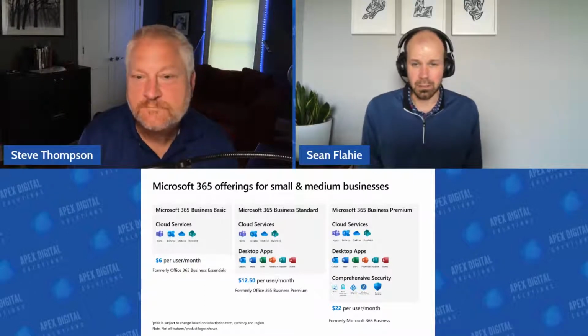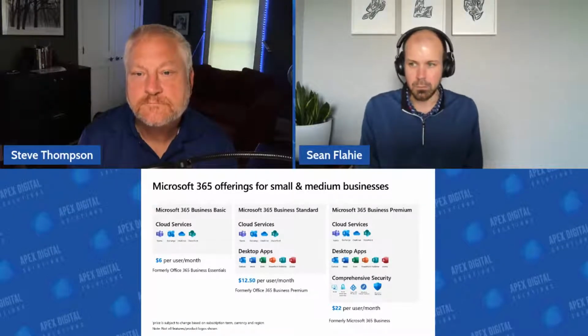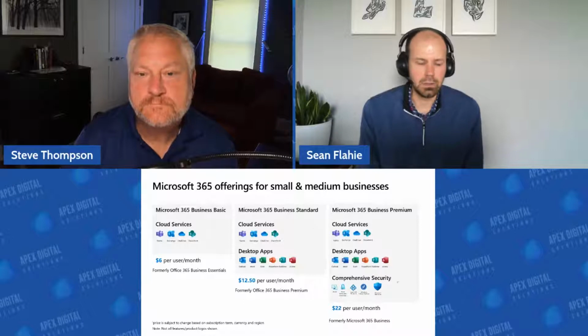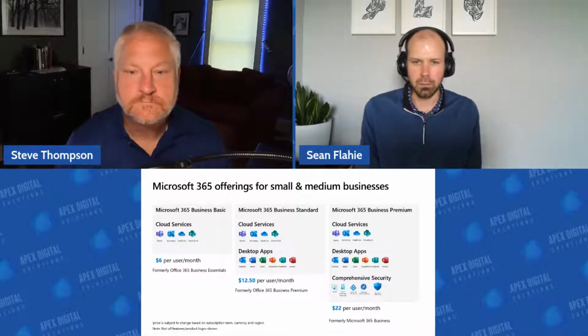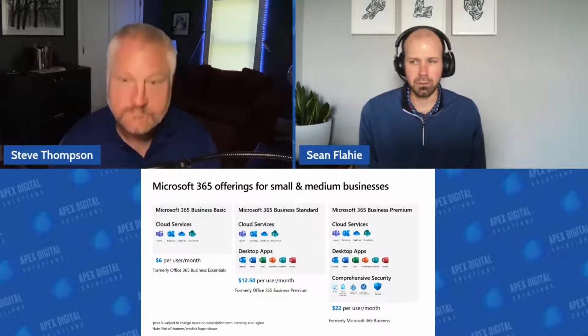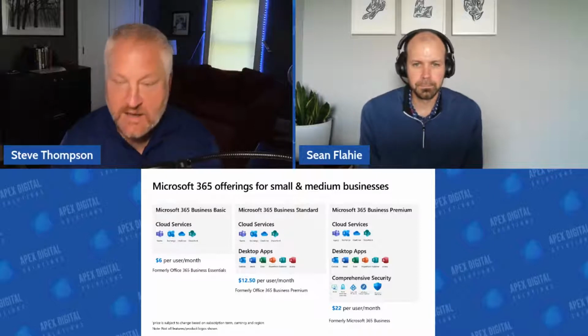Maybe they're working on a shop floor or some sort of production facility, and they're not always on their computer all the time, right? They're busy doing other things, but they still need to check email and share files and communicate with the rest of the organization, maybe just from different devices and not always a dedicated one. Got it. And so,